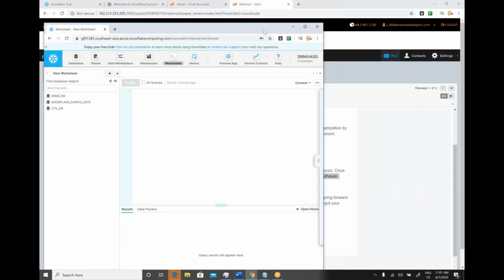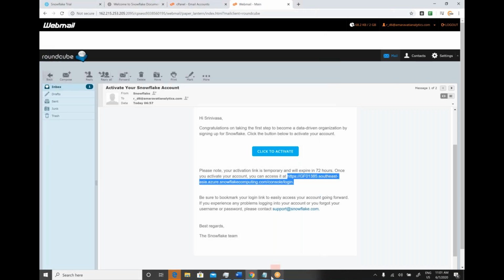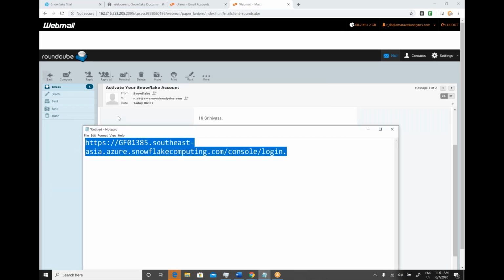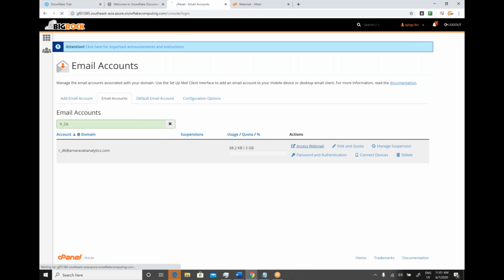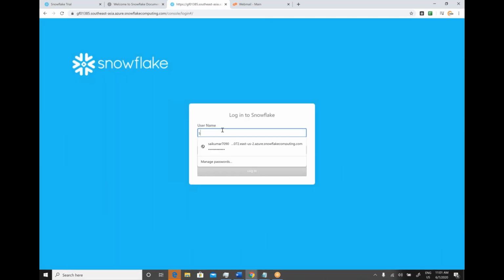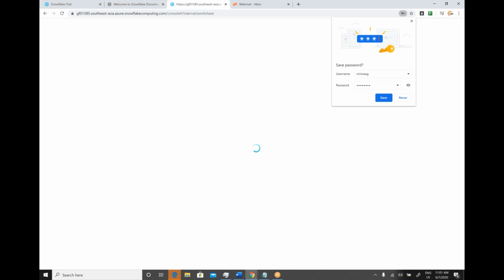And if you want, from next time onwards, you need to open this link, and you can specify your credentials, and I'm able to log in.